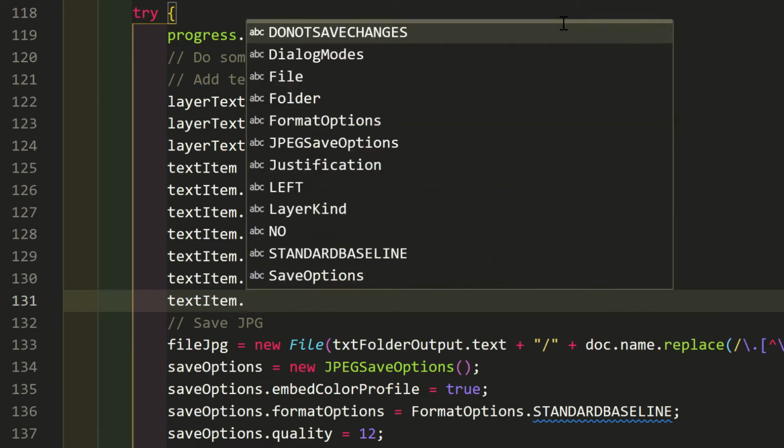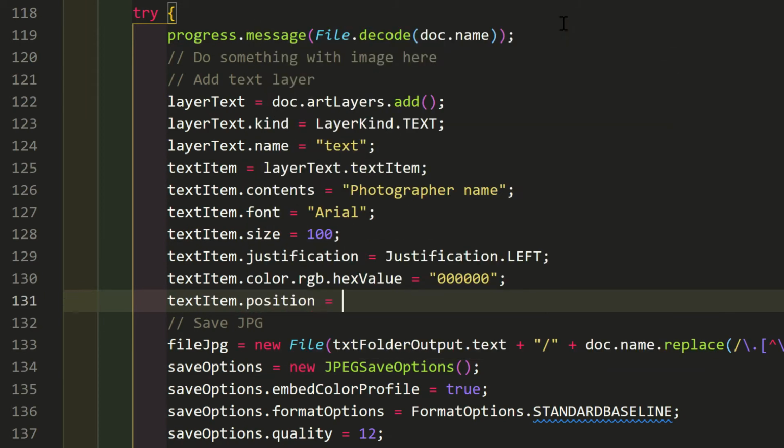Last, where to put the text. The value is an array of two numbers. First, the x-coordinate, how much from the left. Second is the y-coordinate, how much down from the top. Note that this is the distance to the baseline of the text, not to its height. For now, 100 will do for both.